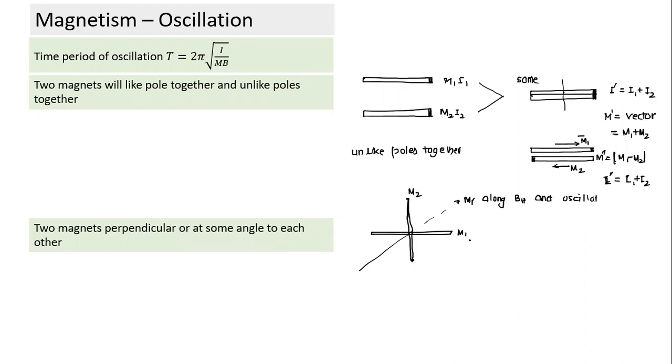Now the question is, if this is M1, I1 and this is M2, I2, what I dash should I take here? I dash is again, this vertical axis doesn't matter, its distance is the same. I dash is equal to I1 plus I2. What M dash should I take here? M dash should be equal to the vector sum of the two, which is the square root of M1 squared plus M2 squared. And if any angle theta is given, we can solve that too. So they are pretty simple: addition of M, and resultant I and resultant M. Those are oscillation questions, and these are fairly easy to solve.